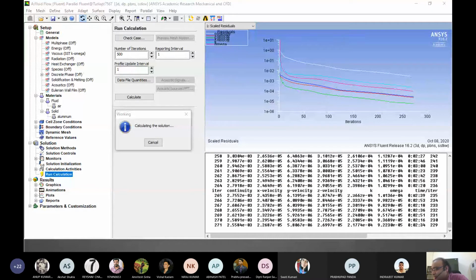So x velocity is reaching below the e-5 mark, but none of them has reached the threshold for us yet. The program stops when all of them reach below the threshold, or the number of iterations runs out. So 500 iterations is sufficient for our purpose.